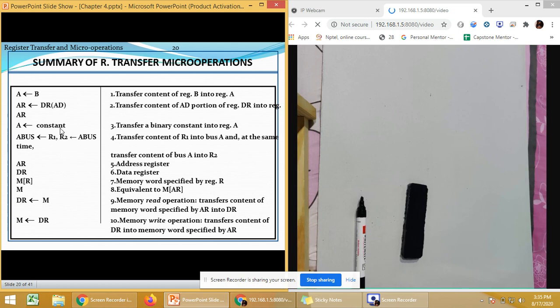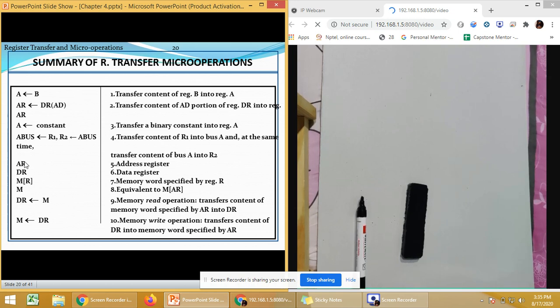Then we are shifting a constant value to the register A. This is the register R1's content sent to A bus, bus number A. So this data is sent to the R2 register. AR is the address register.